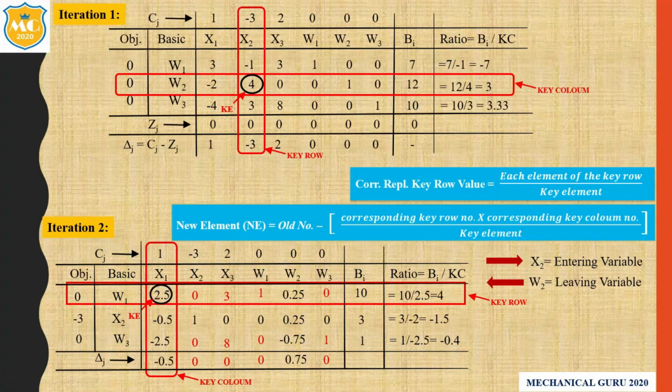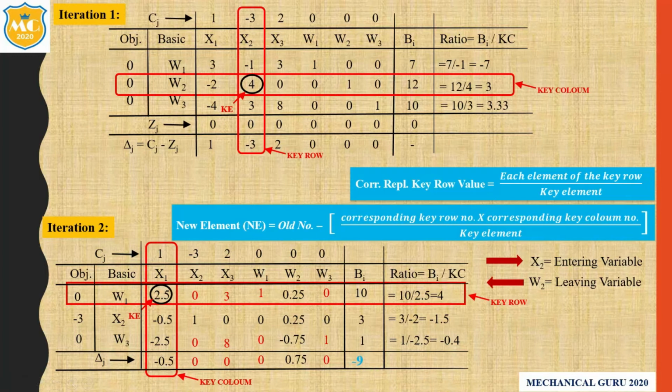Now here I will show you one more thing to find out the optimal solution. So here we write down dash, or you can also write down 0. So how to find out? Just simple. 0 into 7 plus 0 into 12 plus 0 into 10. So here we get the 0 here. So here I just dash it. Now here 0 into 10 minus 3 into 3 plus 0 into 1. So here we get a minus 9. Here iteration 2 is completed.